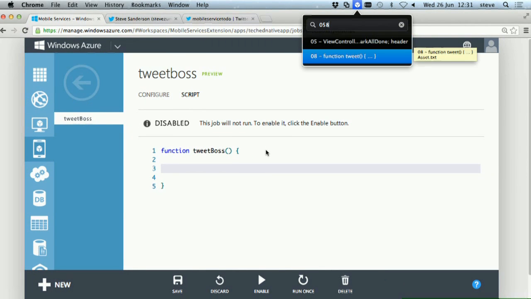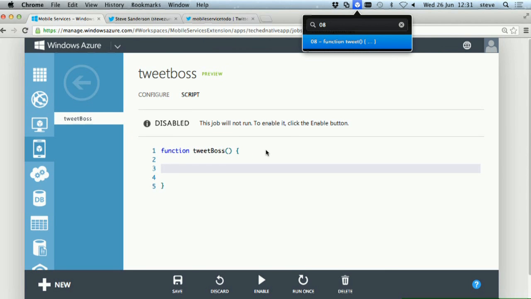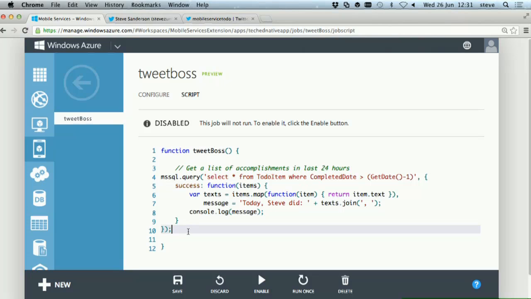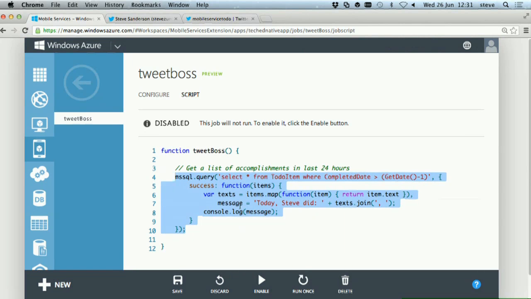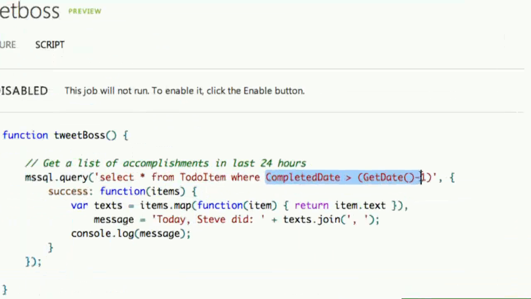And I am going to use just some straightforward SQL here. I'll use the other query syntax later. So here's my query. I'm going to select all the to-do items which have been completed in the last day. And then when we've got all of those items, we want to get the text from them. So we'll iterate through all of those items and get the text from each item. And then we'll have an array of all the text values.